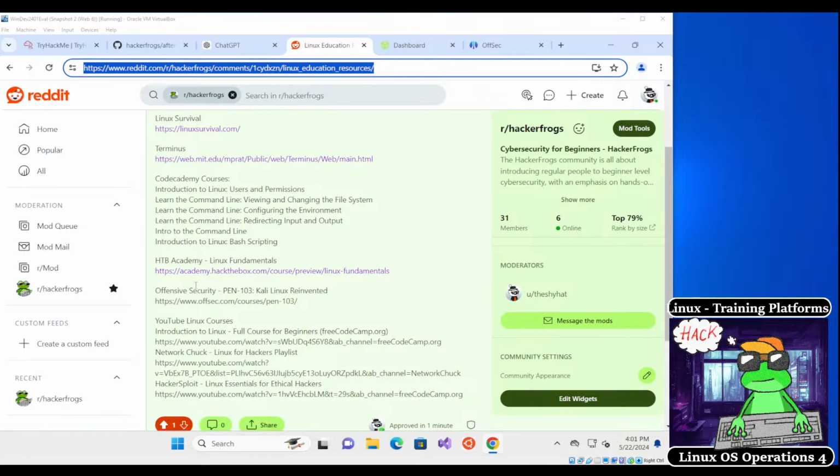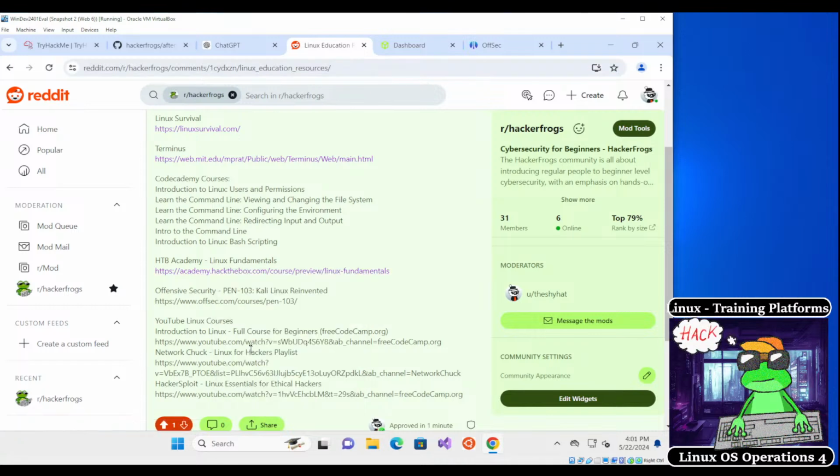Something that I wanted to take a look at in particular is HackTheBox Academy. HackTheBox Academy is a platform that I've been using for a while now. It's been around for a couple of years, and there are some good things and bad things about it. There are some people that swear by it, but if you were to take a look at this particular link over here,